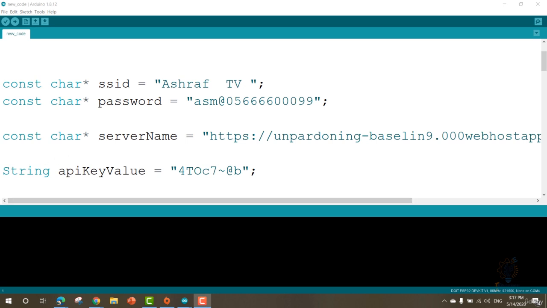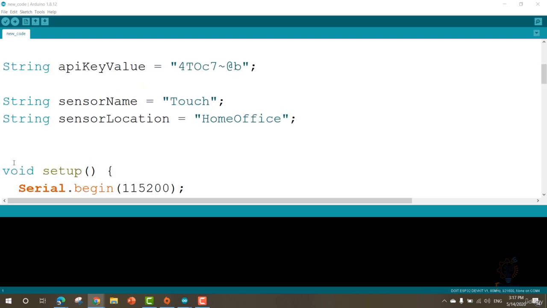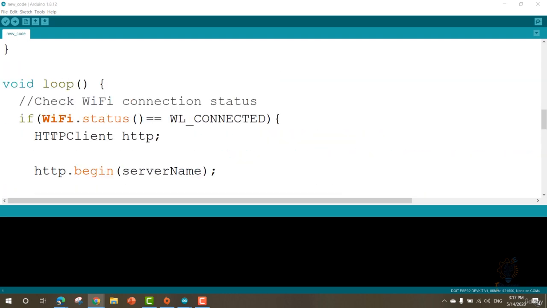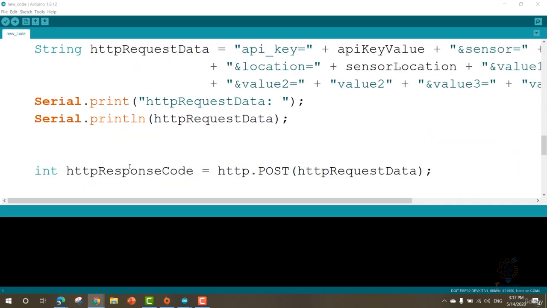Hello and welcome. Now most of you know that ESP board has built-in touch sensor. So we will take the reading from 3 touch sensors from our ESP board, and to do that we have touch sensor on pins 2, 4 and 15. So go to the loop, and here you can simply write in your request,